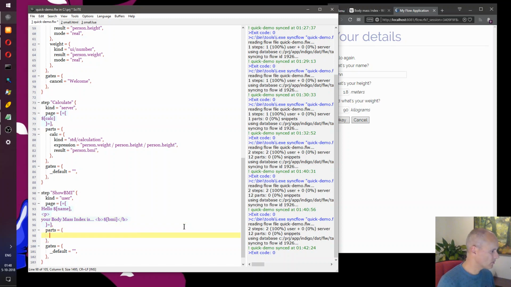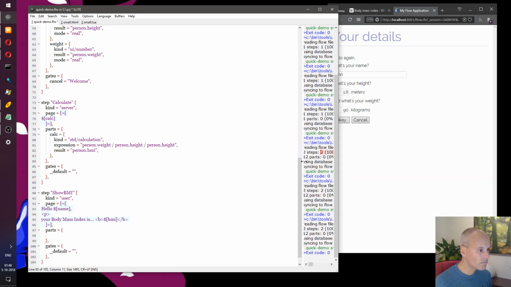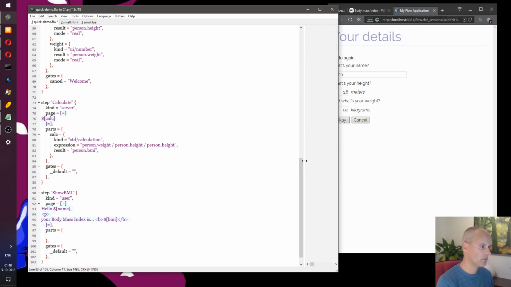Yes, so here's a bit of text. It has two parts, name and BMI, but we already know the name and we've calculated the BMI. So in this case, we simply need to display values that we've collected. Oops, this is not what I want. Make this a bit smaller.